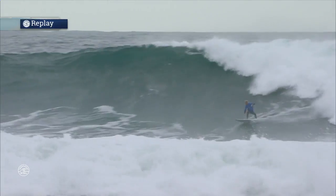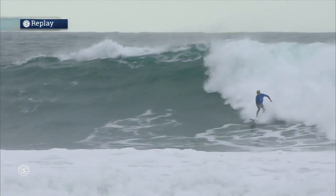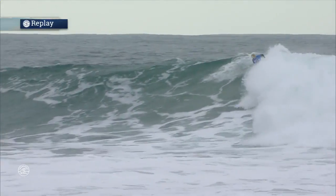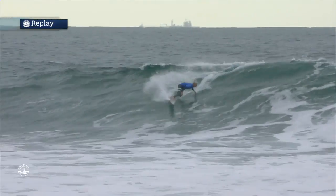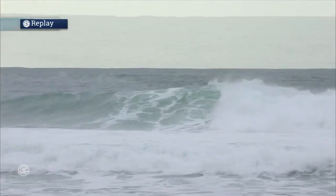A bigger wave, so a little bit more tricky to ride. You can see nice snap under the lip right there. Watch this bottom turn, Joe. As he comes off the bottom, catches right there, and that literally wiped off all the speed that he had. Waiting for it, waiting for it. Now he sets that rail, cuts back, and literally hits another bump and goes down. So Nat Young,